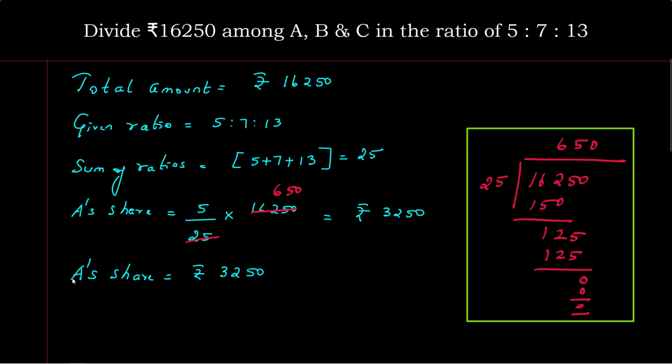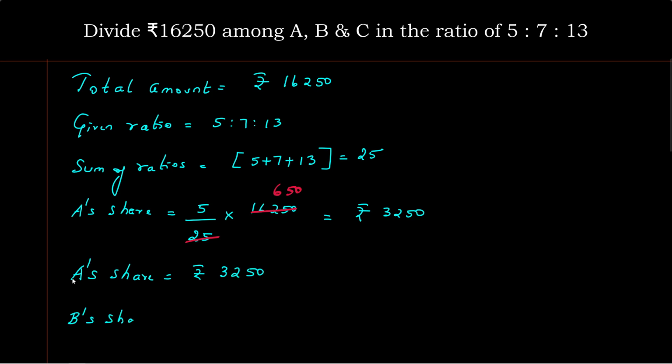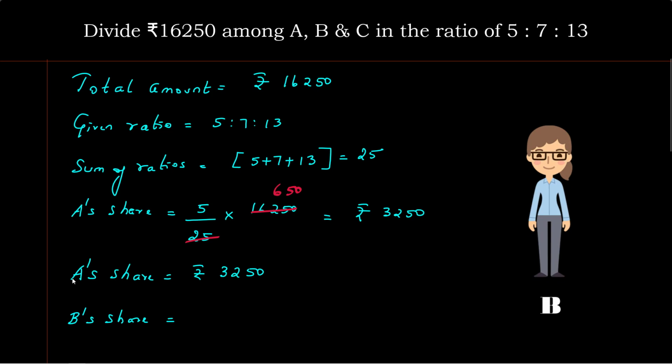3,250. Now let's calculate B's share. So ratio corresponding to B is equal to 7 divided by the sum of ratio 25 into the total amount 16,250. The cancellation is going to be the same because the denominator is the same, 25, and the total amount is going to be the same. So we directly cancel. Now what is 7 into 650 is equal to rupees